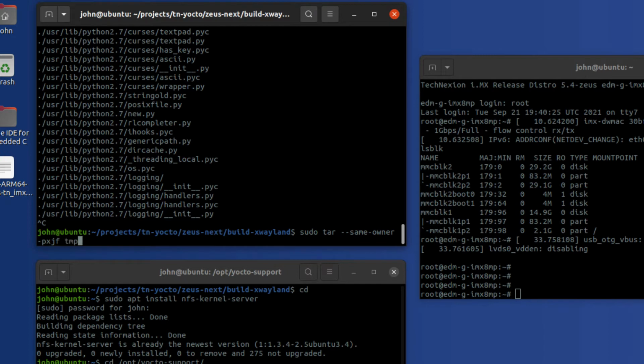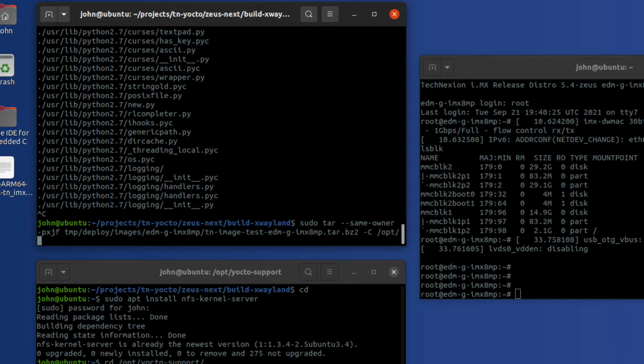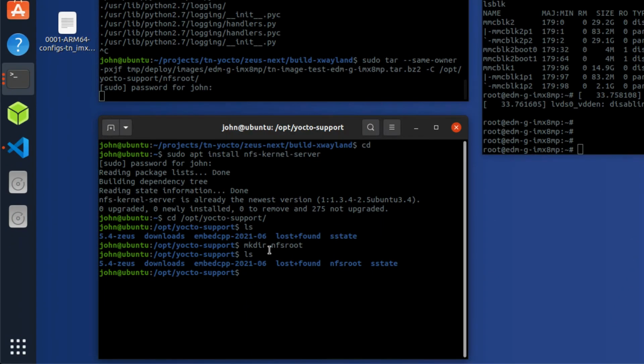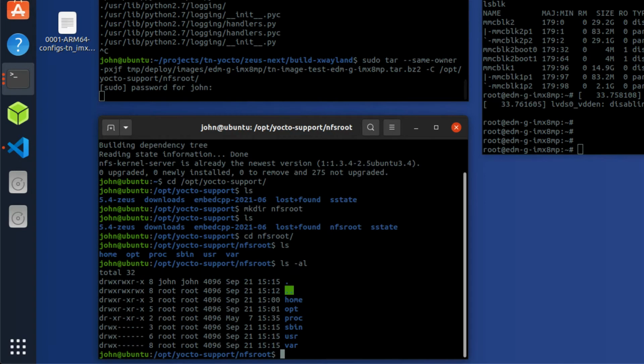So then I'll say tmp/deploy/images/edmgimx8mp/tn-image-test.tar.bz2, and I'm going to untar that to a location that I've already created, this nfsroot directory. So just -C /opt/yocto-support/nfsroot. All right, I'm going to have to enter my root password. And just to check progress here, I can cd into nfsroot and do ls, and I should see these things being populated, root file system directories as they would normally exist in